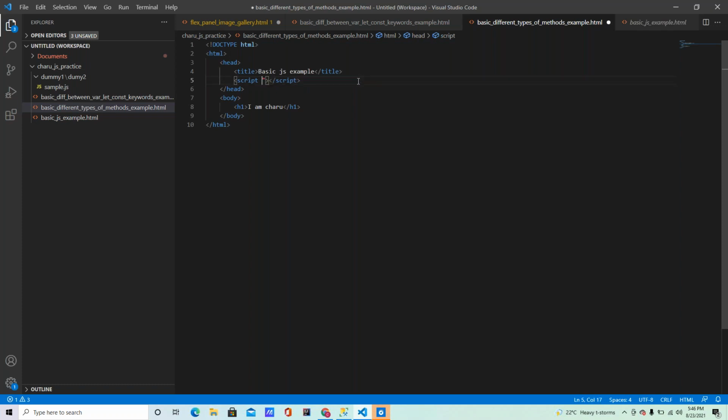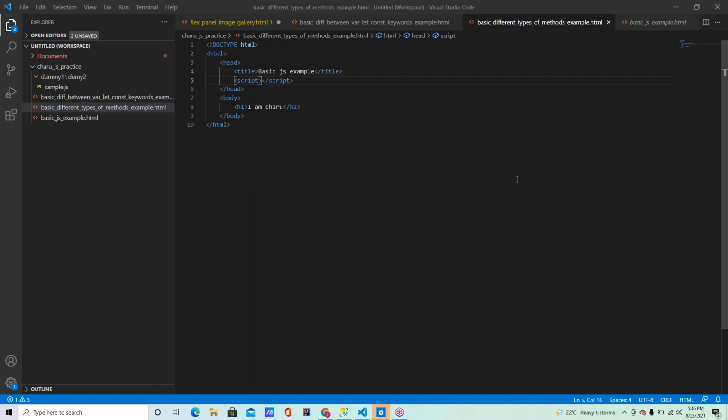So can we directly execute a .js file in the browser? No, sir. Why? Because if you directly execute .js files in the browser, it will read them as normal text files, and whatever you have written there will just be printed.